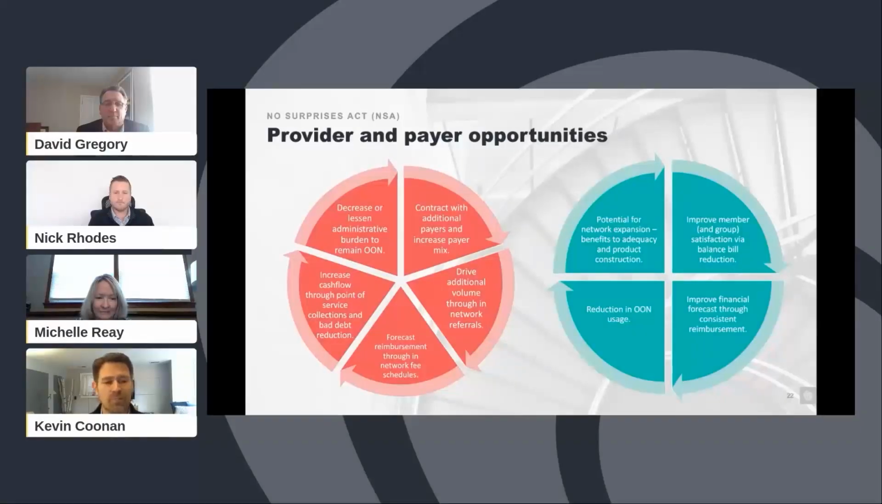Let's just, in the interest of time, I think the major opportunities for payers are the top two quadrants here on the right hand circle. There are opportunities to expand your network, and that's generally good from a network adequacy perspective. It's generally good for product construction. So there are opportunities to get out of non-contracted providers and into the appropriate health plan networks. And then also it improves member, and thereby large employer group,